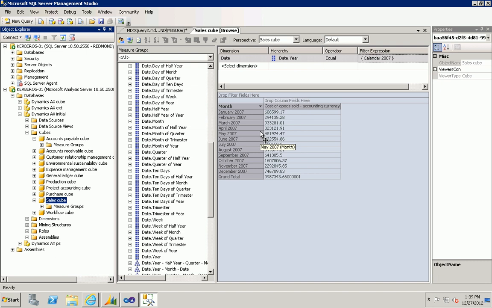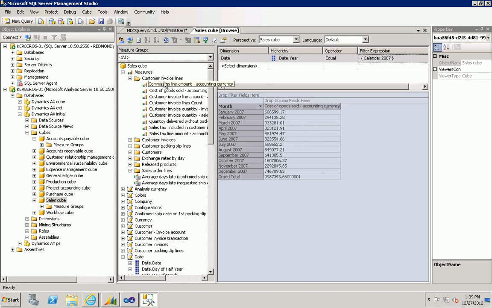Now in this scenario, we're specifically trying to graph cost of goods sold, which is in the measures collection under customer invoice lines, minus accounting currency. And we're tracking that by month. And specifically, we filter this to be calendar year 2007, just to make sure I can get a sample. It's a good sample in this data set, so I'm using it here. So what this allows you to do is essentially giving you a view of expenses over the last 7 months. And you would expect someone to be interested in this view in their role center so they can keep track